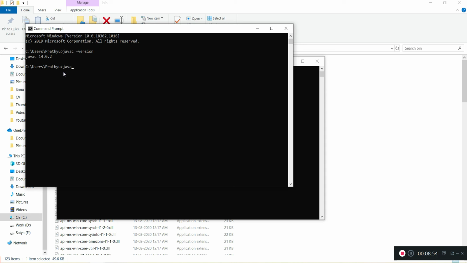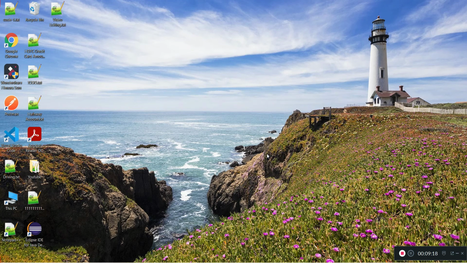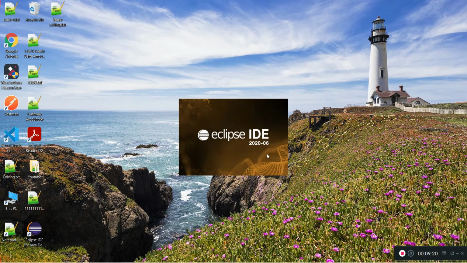And what about the Java runtime environment JVM version? So this is also working perfectly. So we are able to set the path. Now I clicked Eclipse to check whether my application is working or not. Eclipse application is getting launched. Click on launch, and we'll see whether with the latest Java version which we installed, I am able to do a hello world application in Eclipse or not.